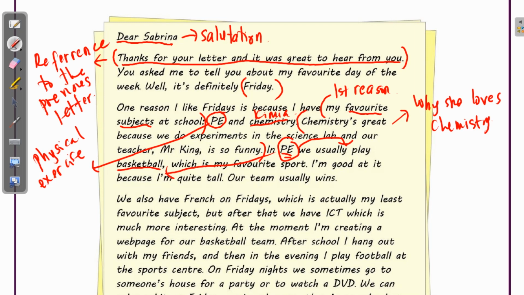Okay, because if you want to be a basketballer or netballer, you need to have quite the height lah, akan tinggi sikit, quite tall. Our team usually win, maksudnya sukan kami selalunya menang. Okay,